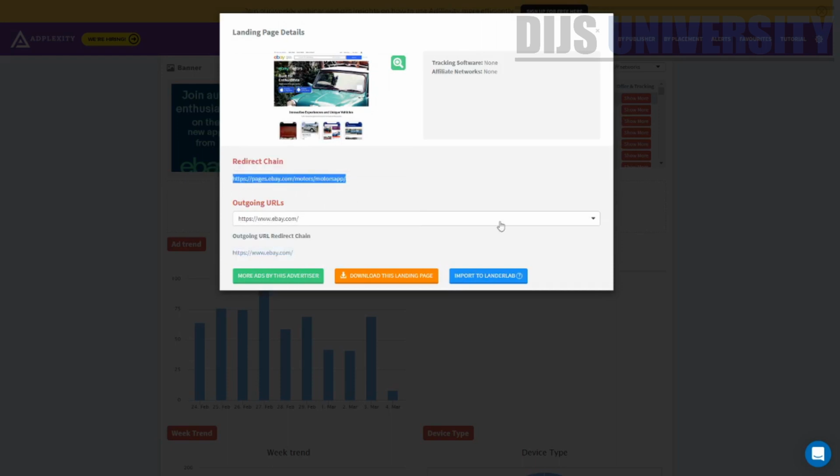So this is the landing page, and all you got to do is just go ahead and hit this button here, download this landing page. When you hit this button, you can literally download the whole landing page. That means whatever they are using, you are going to use the same. So if they are successful, the probability that you will be successful as well in your campaign is very high. But there is one but when it comes to this,